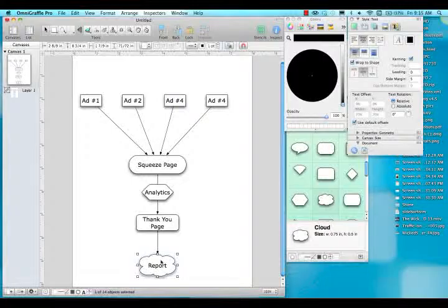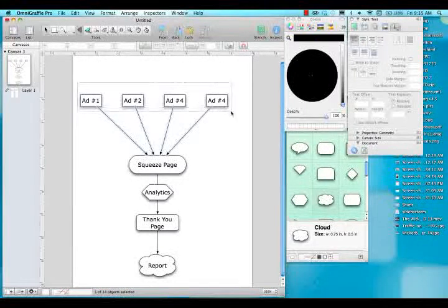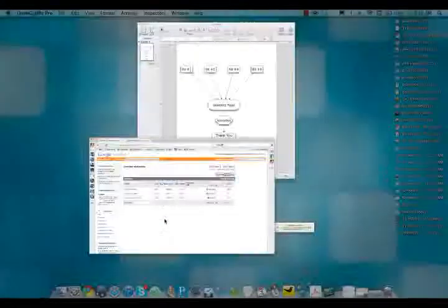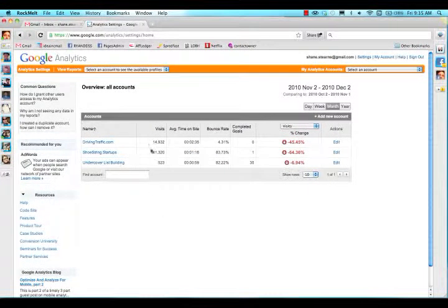So that's where we're running into this problem here, is that if all 4 of these ads don't have their own individual trackable link, then they're all going to be muddled in with Google Analytics, and you're not actually going to be able to tell which ad is performing the best. So that's what we're starting with here. So what I'm going to do is I'm going to get into just the basic